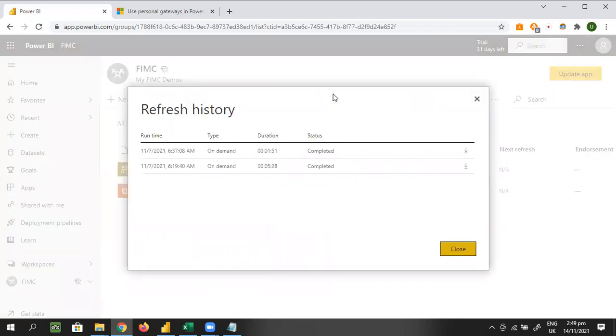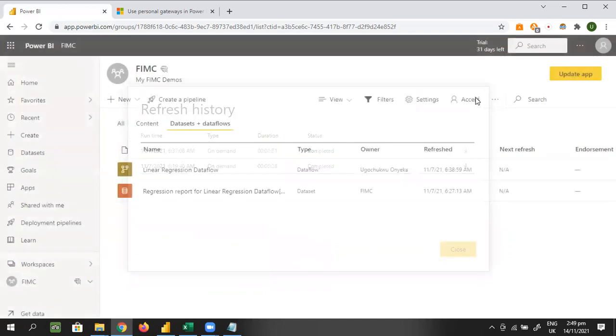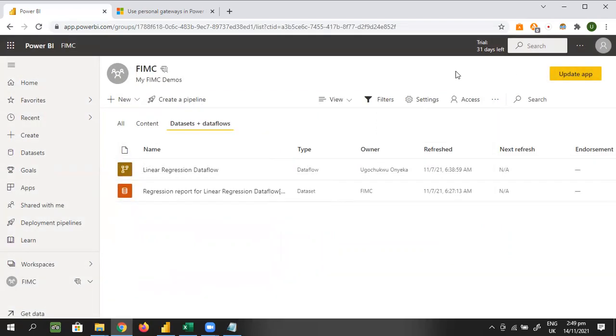artifacts. So yeah, this one is just all the refreshes that I did while I was building the model, but they were instant refreshes. Yeah, that's why it was on demand. They were not scheduled refreshes. So I couldn't schedule refresh. You can only schedule refresh when you have set up your gateway. Okay, so